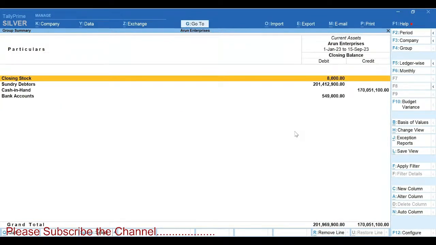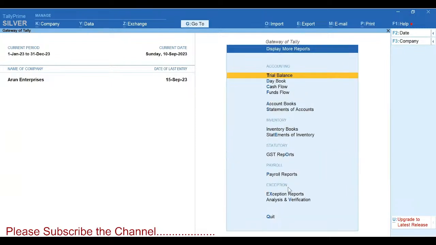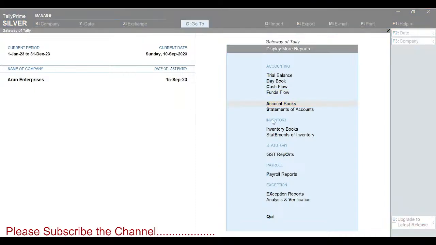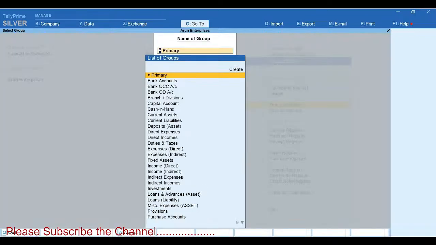So from either the balance sheet or the profit and loss account, you can drill down. Even at the group summary level, the budget variance report option is available. You can also go to display more reports, go to account books. Under the account books, you can go to the group summary option. So either at cash or bank books or group summary, you can enter on this